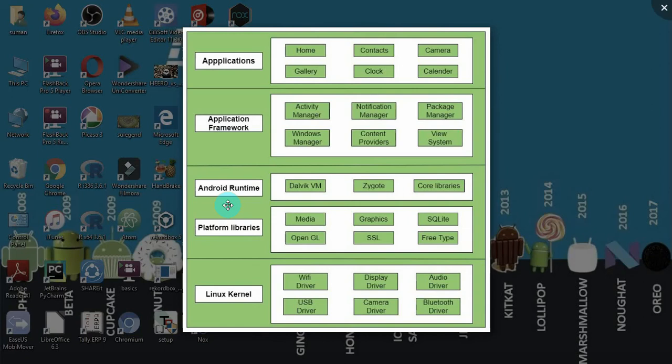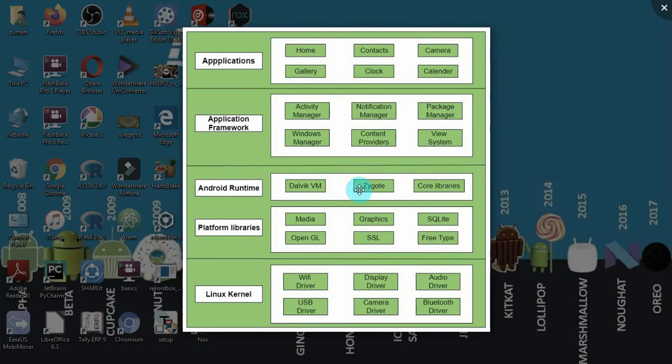Now the Android runtime contains components like core libraries and this Dalvik virtual machine. It provides the base for the application framework and powers whatever applications with the help of these core libraries.